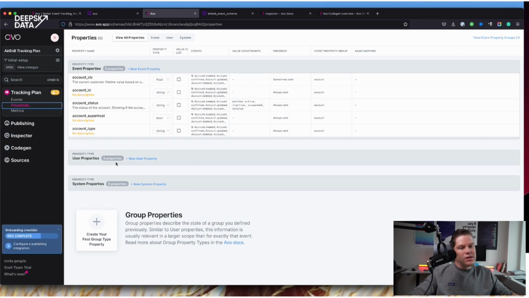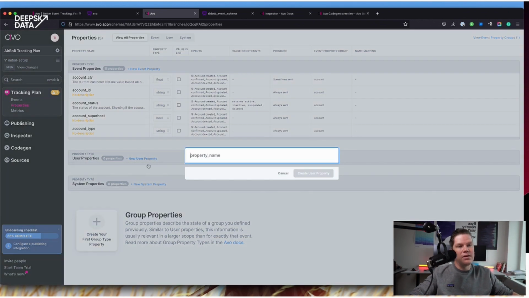The account ones are usually the ones that I also use for user properties. So user properties is a different concept. They are the properties that I can send with one user when I define and identify them. And I set them here as a different kind of property. So I could, for example, do the account ID,